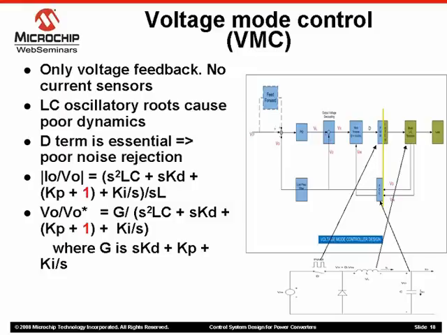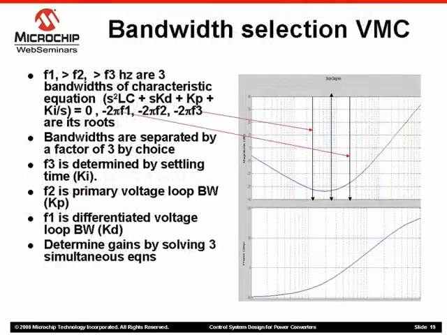So the equations for disturbance rejection and command tracking are given below. The one is written in a different color because if output voltage decoupling is performed, this one is eliminated. How are the bandwidths selected for voltage mode control? Here you see the disturbance rejection plot for voltage mode controller.